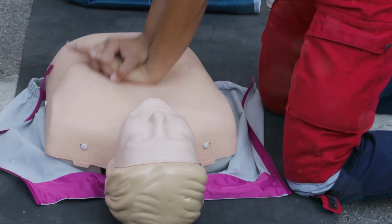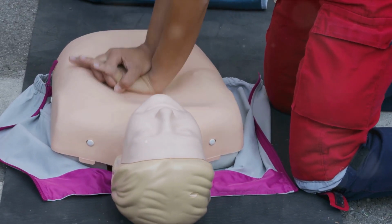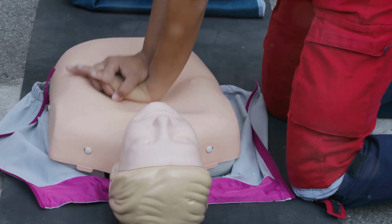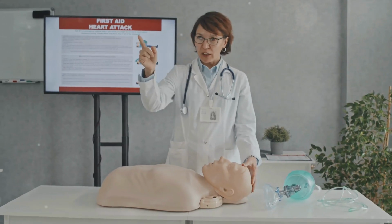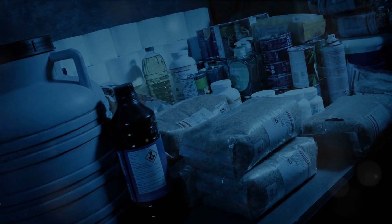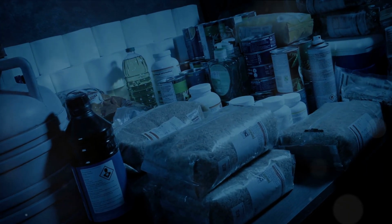Beyond the kit, we've delved into the necessity of basic first aid skills. The ability to perform CPR, treat burns, cuts, and fractures, and recognize signs of shock are life-saving skills that everyone should possess. Remember, in a critical situation, your actions can spell the difference between a full recovery and a tragic outcome. We also touched upon common illnesses and their treatments, stockpiling necessary medications, understanding when to use them, and knowing